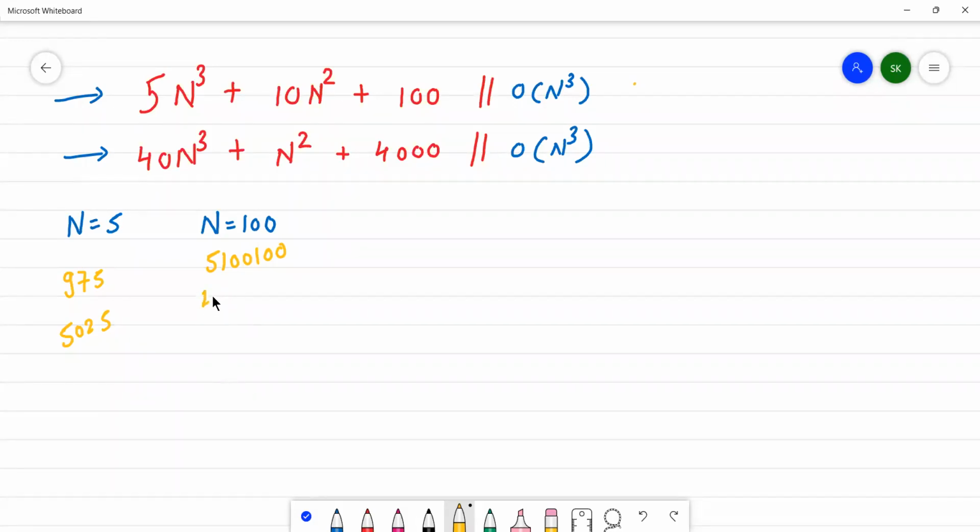It is some huge value as 4001400. So you all can clearly see there is a huge difference between the first equation and the second equation